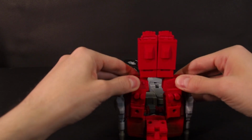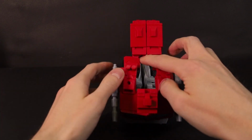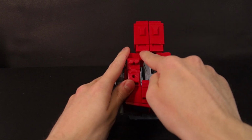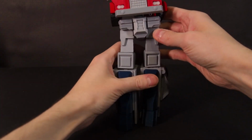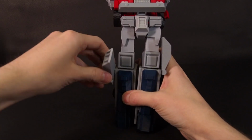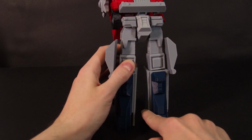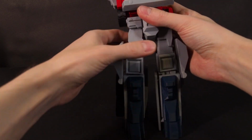And okay, so let's just make sure that everything is aligned. There is a small slider here, so if you have problems with those lines, you can move those small sliders here, but I think it's fine like it is. And for this part, move those two parts up. Right now when the legs are down, you cannot open this because there's a locking point, but if you raise them you can now rotate this whole section like this,